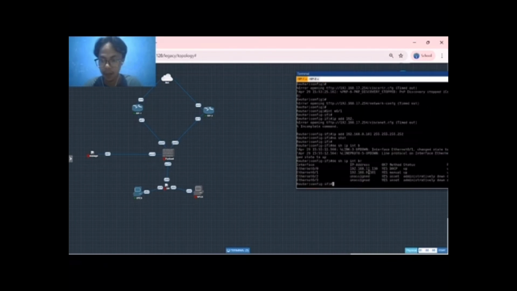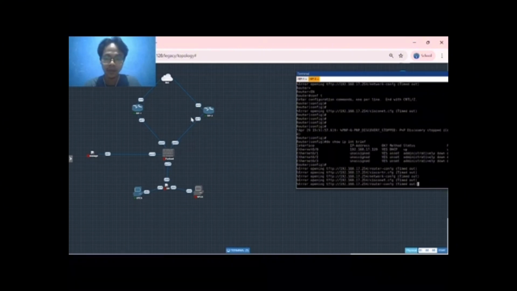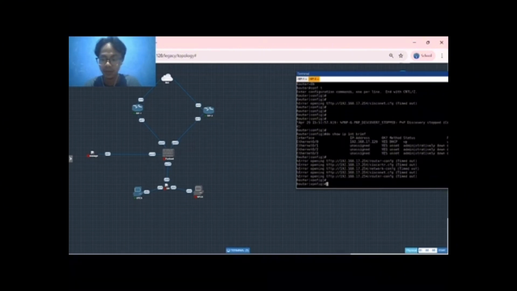And like this we get the IP address from below. After that we go to the interface.